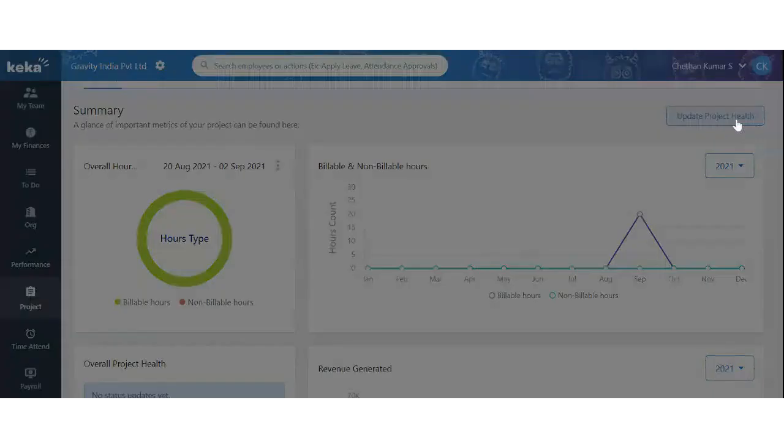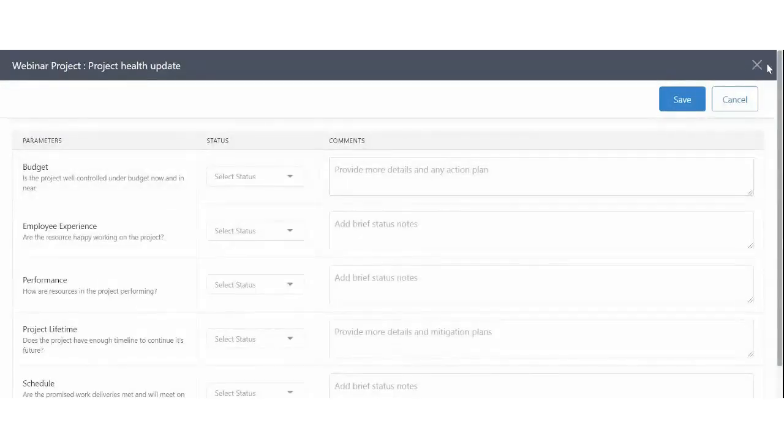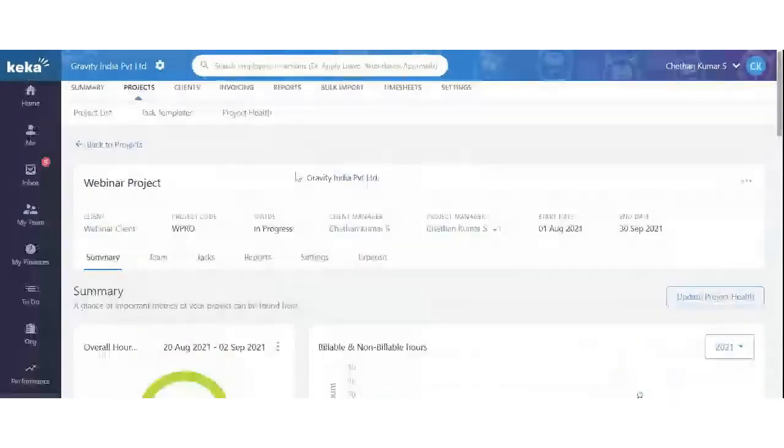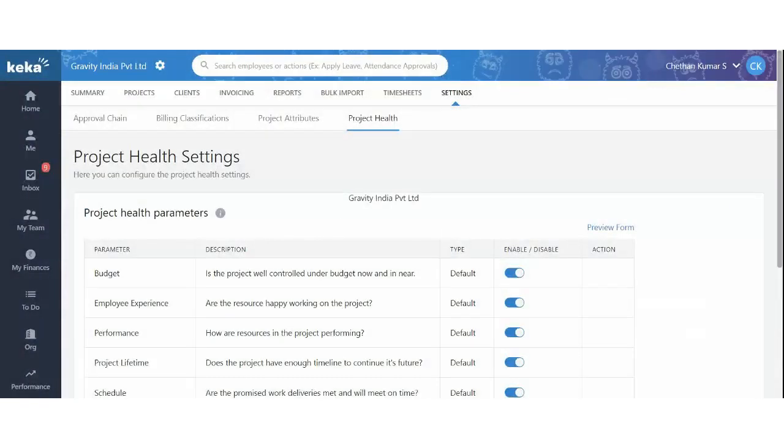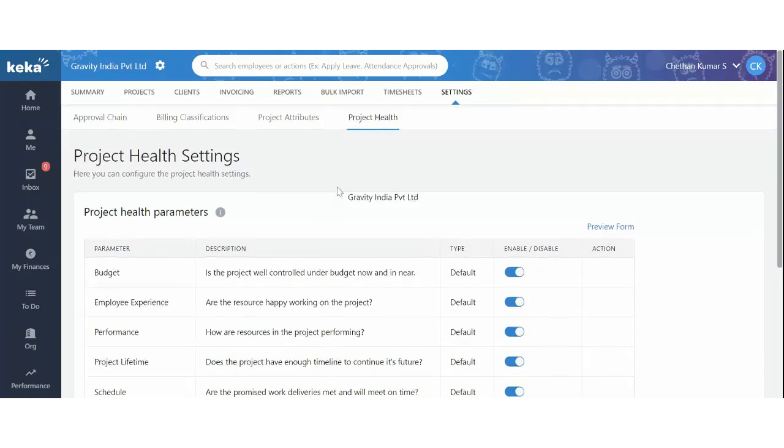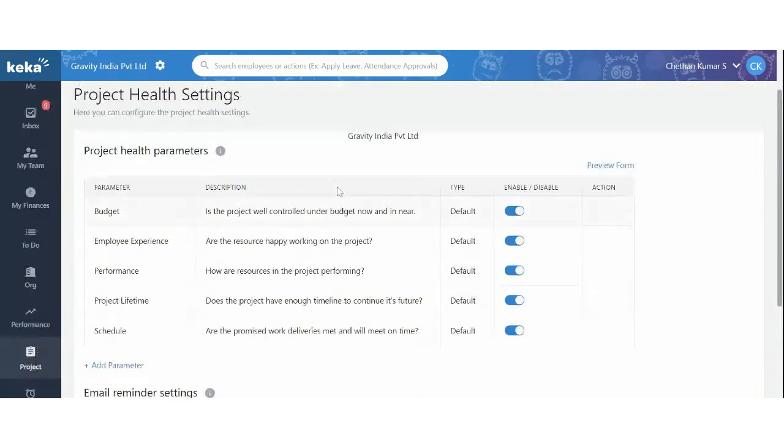So project health is something where I'll first let's see the settings. If you want to gauge or measure how well you're performing on the project, or how the resources are doing, where do you stand in terms of budget, there are certain parameters that can be used.